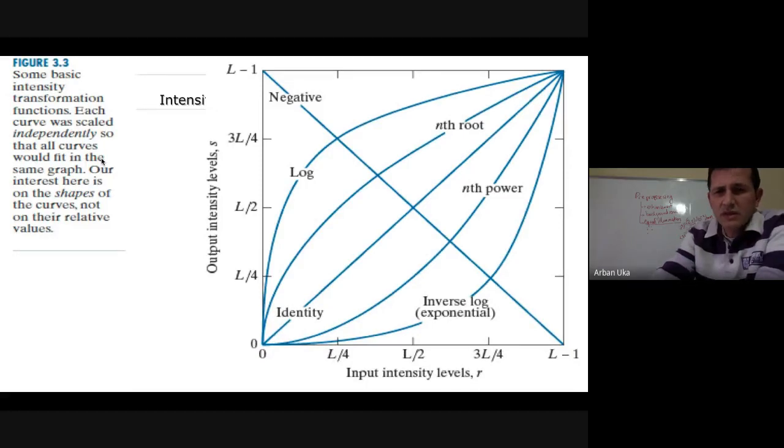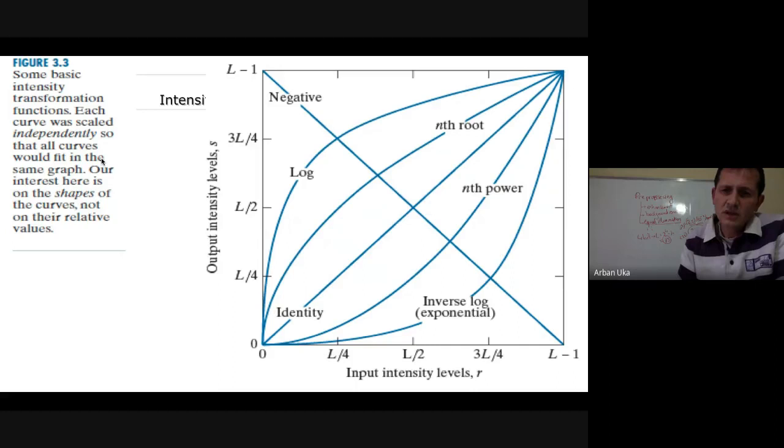Now, the fundamental intensity transformations that can be used are shown here in this slide. This includes the value of L: for a 4-bit image, L is equal to 2 to the power 4 minus 1. So 2 times 2 is 4, 8, 16, minus 1, 15. In this graph, we can have an input intensity level from 0 to 15, and it outputs intensity levels again from 0 to 15.